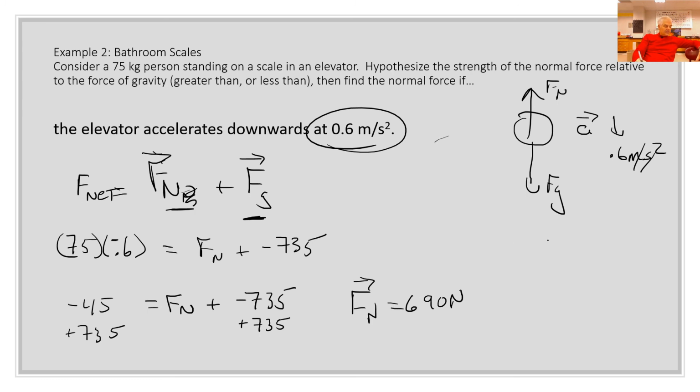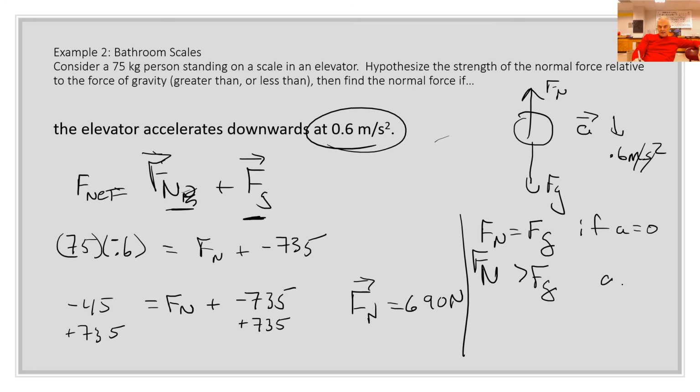Here's the big takeaway, if you were to summarize all this, right? F of N is equal to F of G if A is 0. But if the normal force is greater than the gravitational force, then A is up. And if the normal force is less than the force of gravity, these are ifs, by the way, then